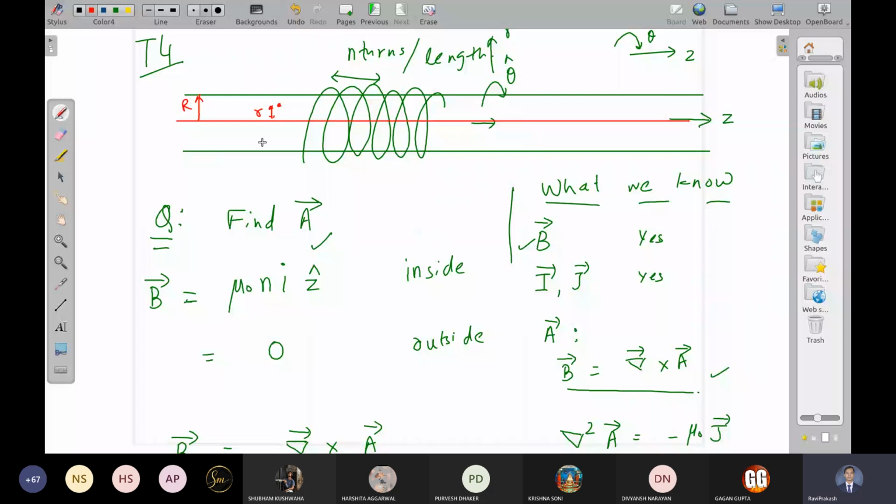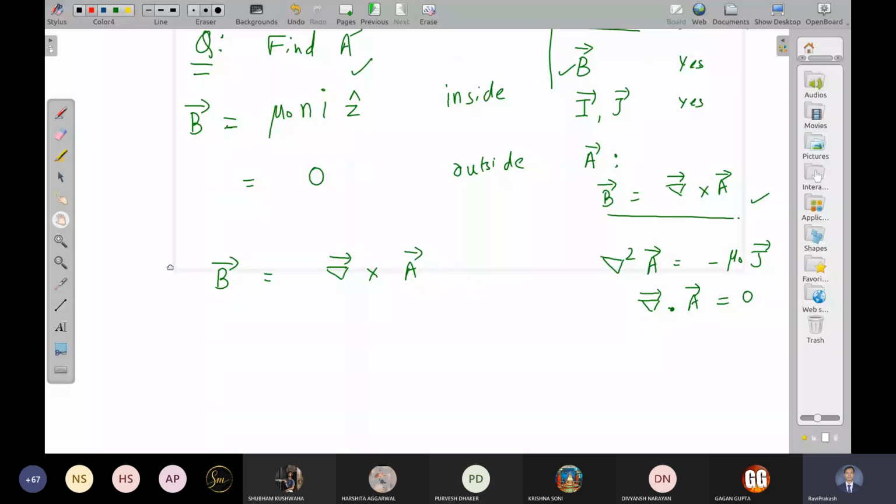So what I am doing is making a loop here, this loop. The area enclosed by this loop is how much? A small area is, let us say, ds vector. What is the direction of this ds vector? Obviously z cap or minus z cap, either in this direction or in this direction. And let me calculate this quantity.